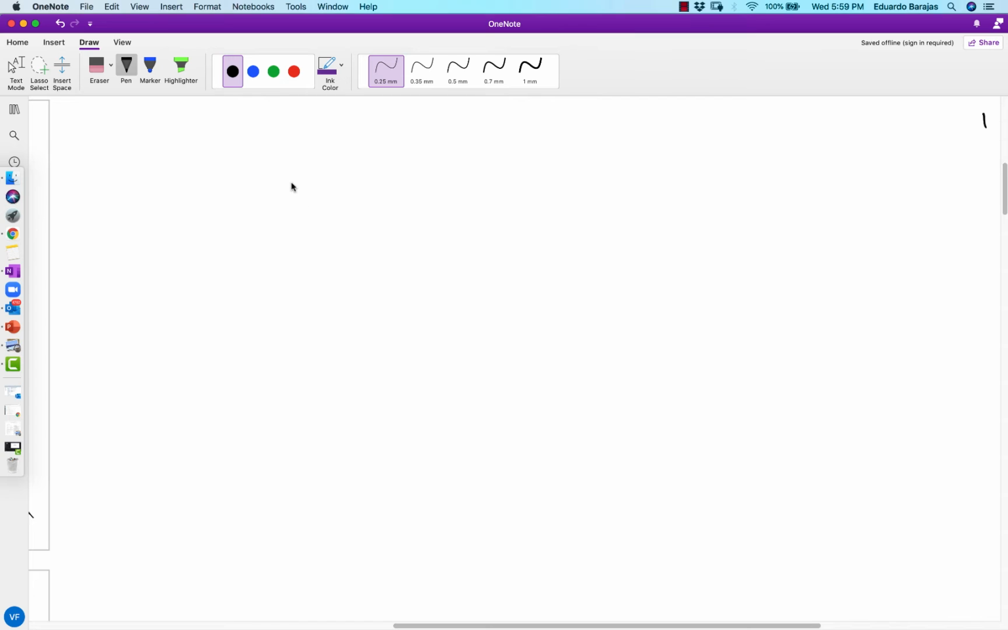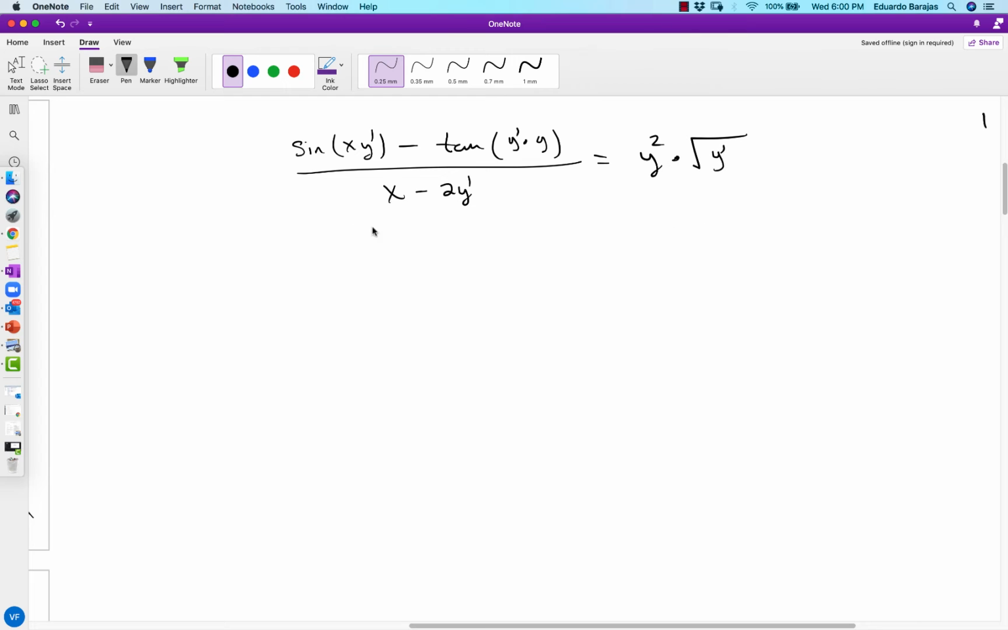For example, you might run into equations that look like this. How about sine of x, y prime minus tangent of y prime times y divided by x minus 2y prime equals y squared times the square root of y prime. Ugly, right? So how can you possibly undo this crazy knot of functions and eventually solve for y,